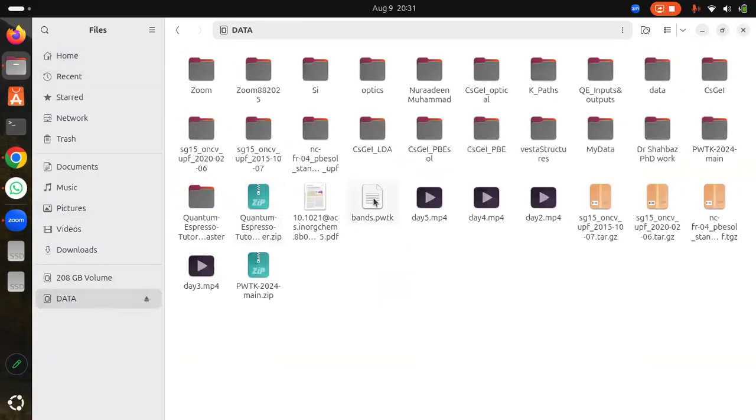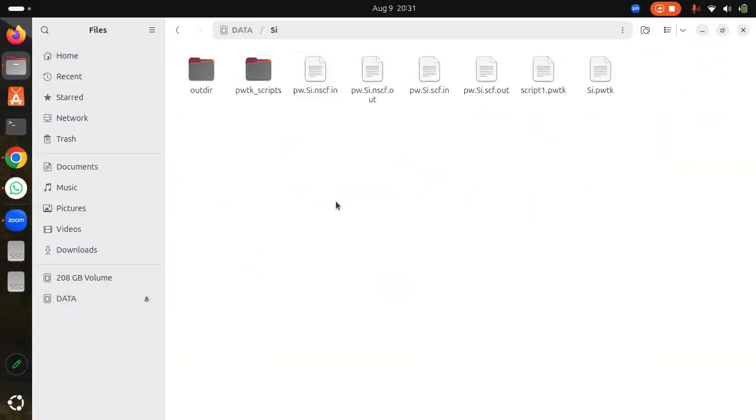Now let us start. We actually want to see how we can run simple PWTK scripts to run SCF calculations, and also we want to show how we can generate the input files either in PWTK format or in the usual format for Quantum Espresso. First of all, I would like to show